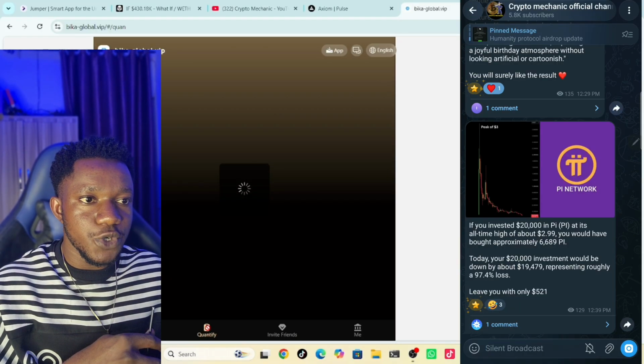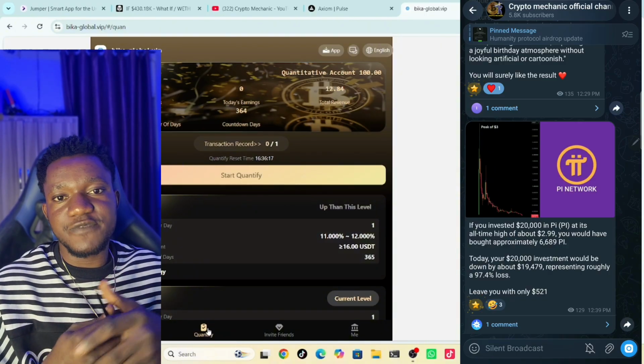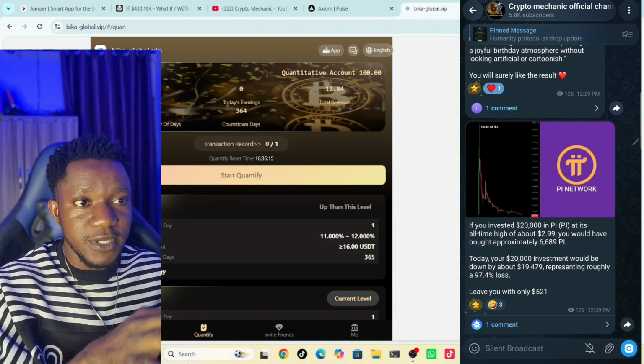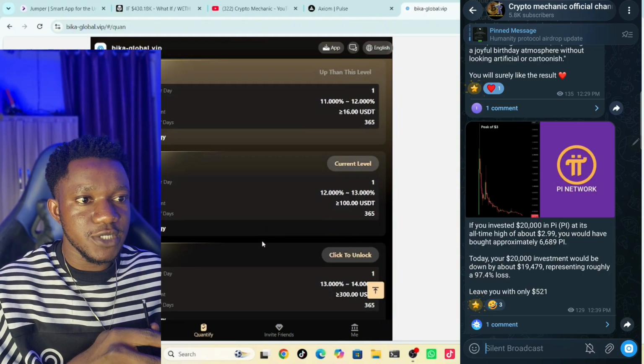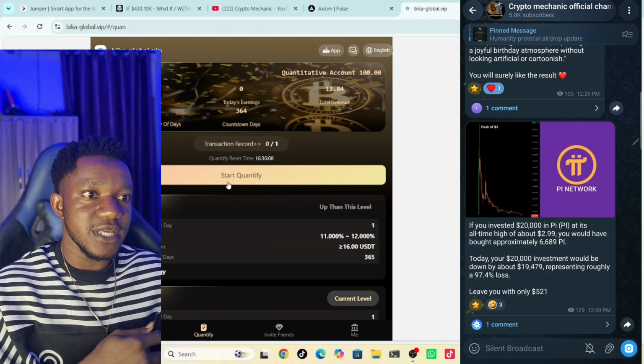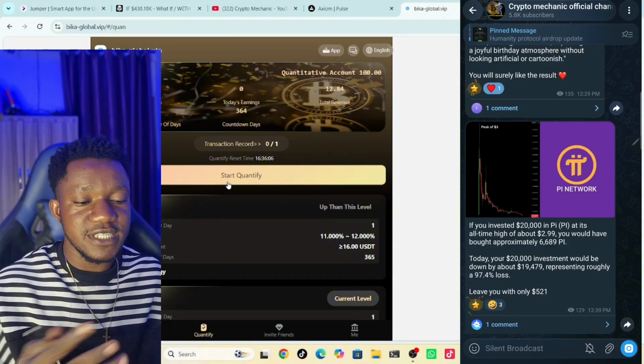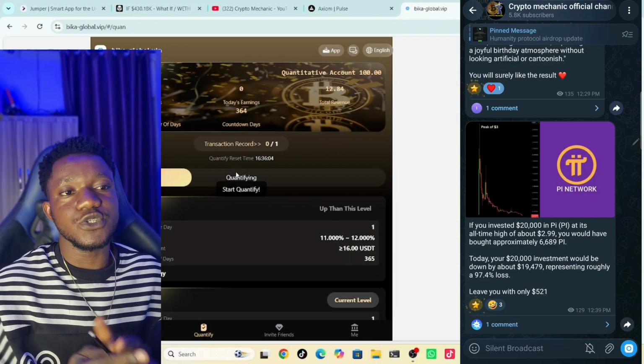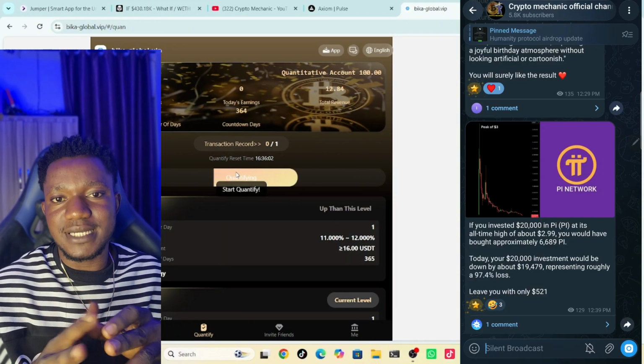Let me show you real quick. Over here on quantify, before you can quantify, you need to make sure that you have gotten yourself a package right here. So you come over here to quantify and click on it. You can only click on it once every single day. Once you click on quantify, it is going to load up, and what they do is that they literally